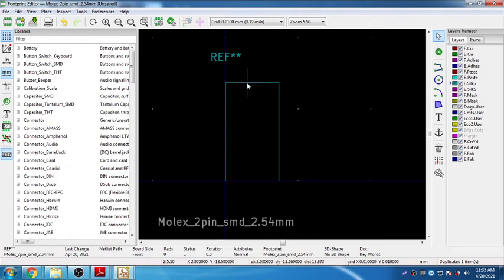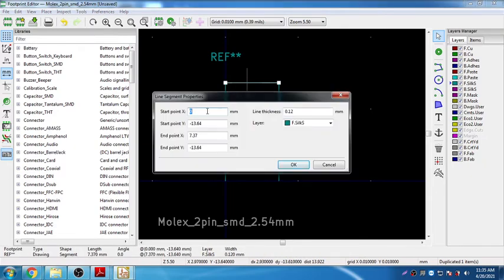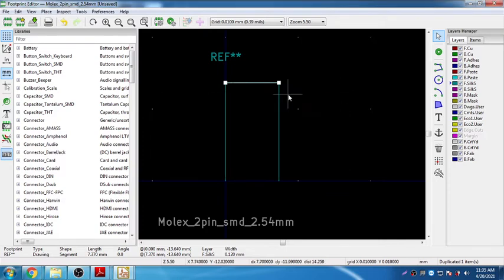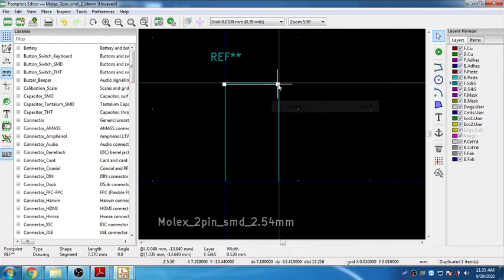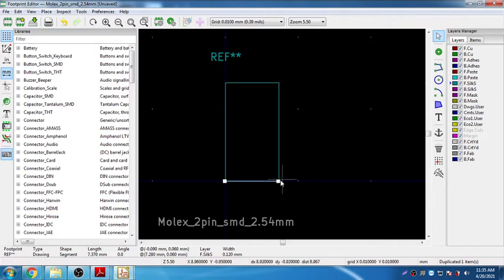Then again start with this line, choose this line, edit this line, and actually you wanted the starting point, you need to duplicate this now. So right click on this, duplicate and move it down. And now you can actually edit this component.